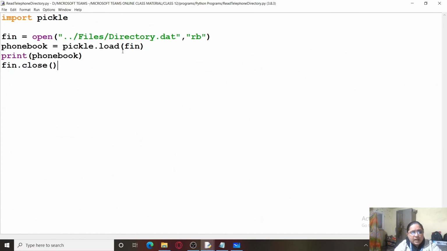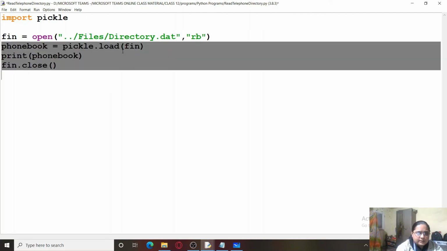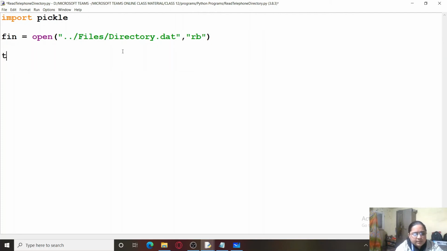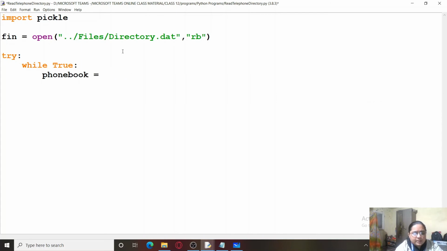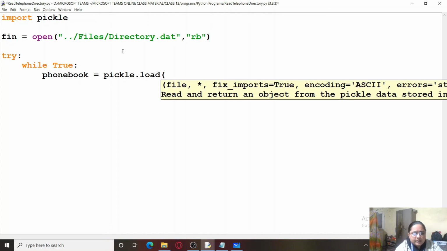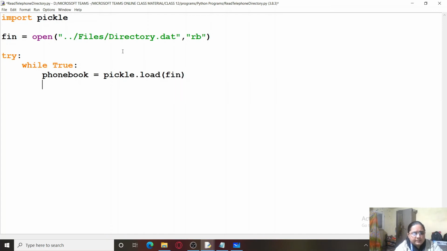But we have a second dictionary object also. For doing that, I'll have to delete all this, and I will be using the try block, while True, and I'll be reading the values in phone book. It would be pickle.load and the name of the file object, that is fin, and print phone book.